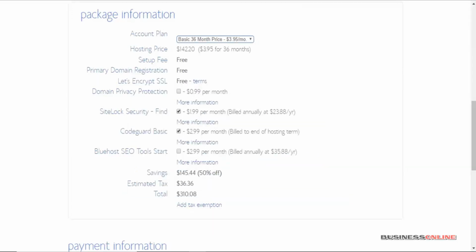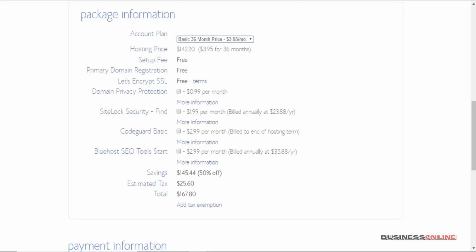Site lock security, you can secure your site by yourself with plugins from WordPress. Code Guard Basic, all of that can be secured by free plugins from WordPress. Bluehost SEO Tool Start, you don't really need that. You can do that all by yourself again. Now, it comes up to